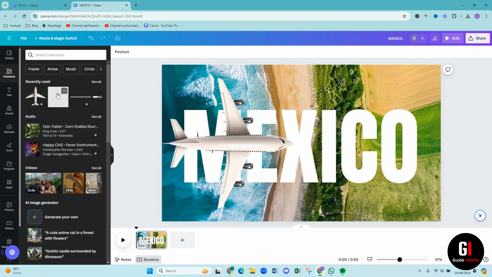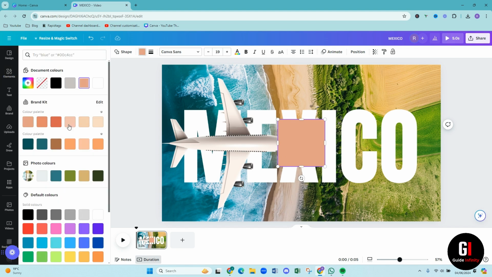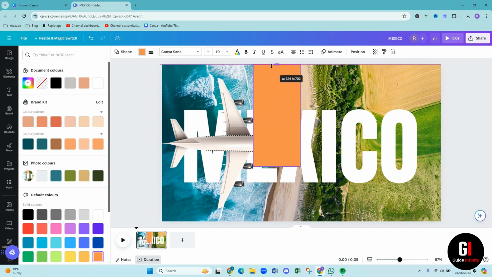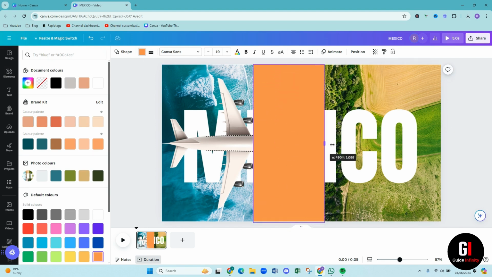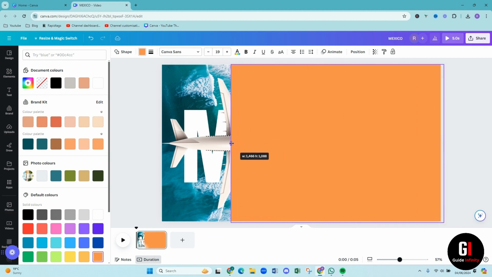So I'm going to change the color of it to this nice orange. So we just want to now fill this space. So just adjust the square. There we go. And then we want to make sure like all of the wings are covered. So you can kind of go as far as you can, but then what we then need to do is